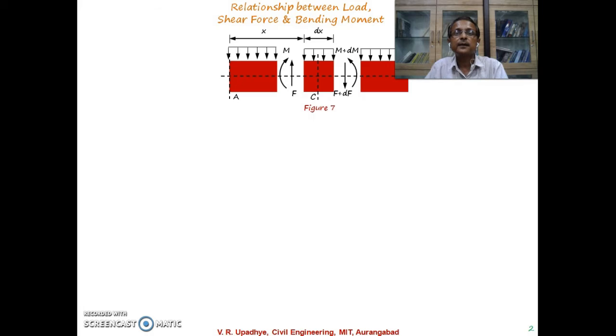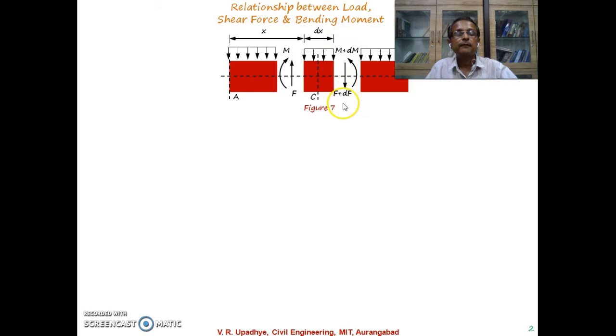Actually, in the earlier lecture this relation was discussed in detail, but still we will be discussing it a little bit. So this is a part of a beam, and let us say at a particular section the value of shear force is F and the value of bending moment is M, at distance x from the origin. After dx distance apart, if we consider another section, as the shear force or bending moment value is changing from point to point over the length of that beam,